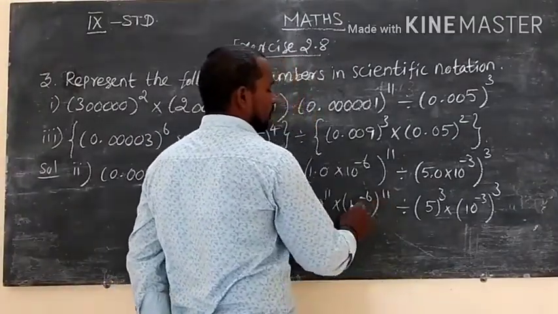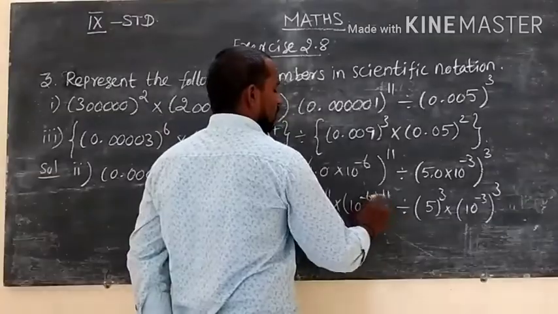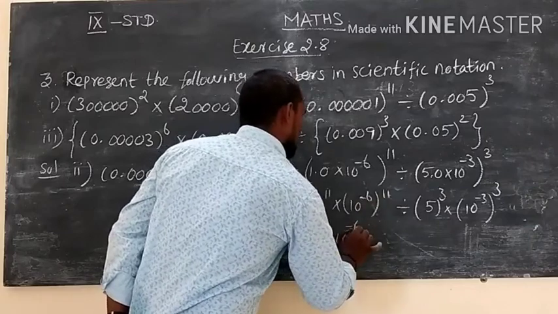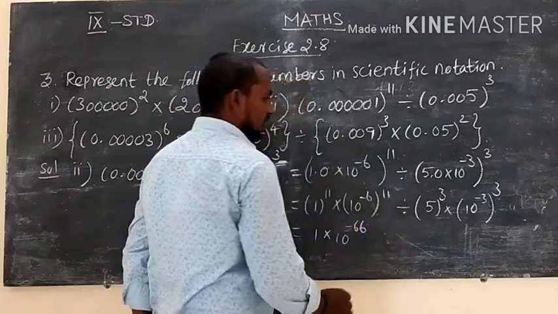The exponential rule: (a power m), the whole power n, is the product of the powers. So 10 power 6 elevens are 66, so minus 66. This is divided by